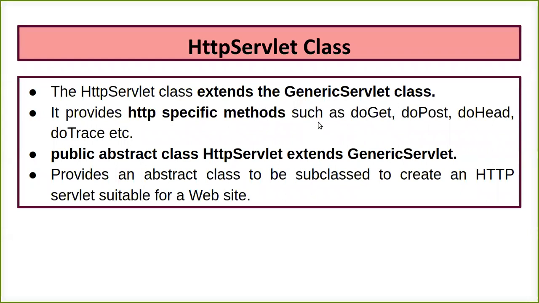Now, in the last lectures, in the last package, we know that there is only one class which we have learned in your first package, that is your generic servlet class. And what we know there is that it is a protocol independent class. So generic servlet is nothing but a protocol independent class, which means it can handle any type of data or content.